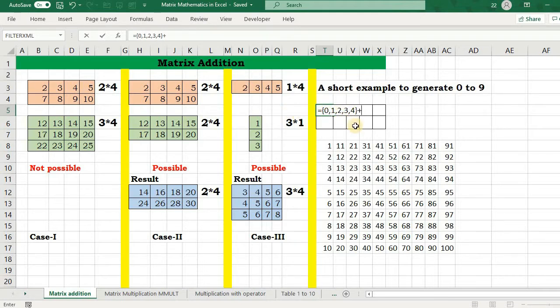Now I will add this array with another vertical array. I mean 0 is to be added with 0 and next time 0 is to be added with 5. So if I add 5 here, this gives me 0, 1, 2, 3, 4, 5, 6, 7, 8, 9. Again see, 0 has been added to 0, 1, 2, 3, 4, corresponding values have been added, and then 0 has been added to 5, then 1 to 5, 2 plus 5, 3 plus 5 and so on.